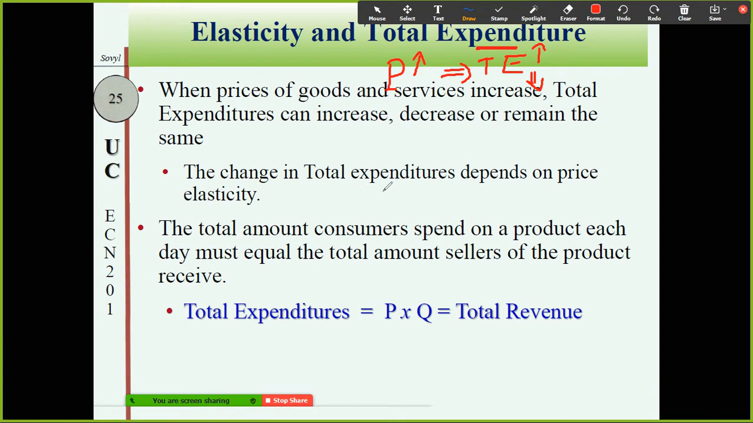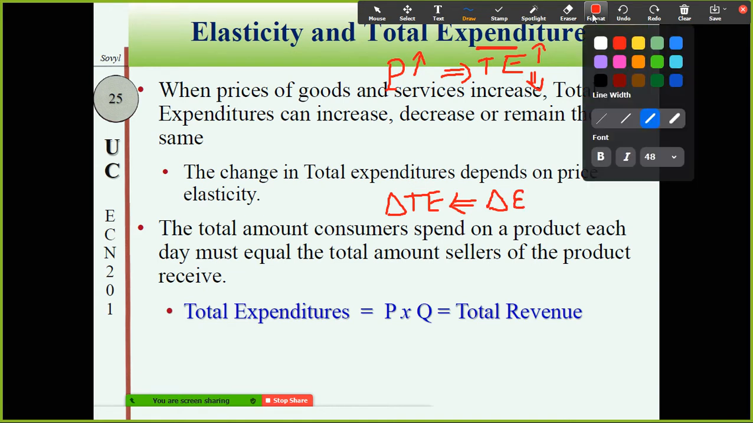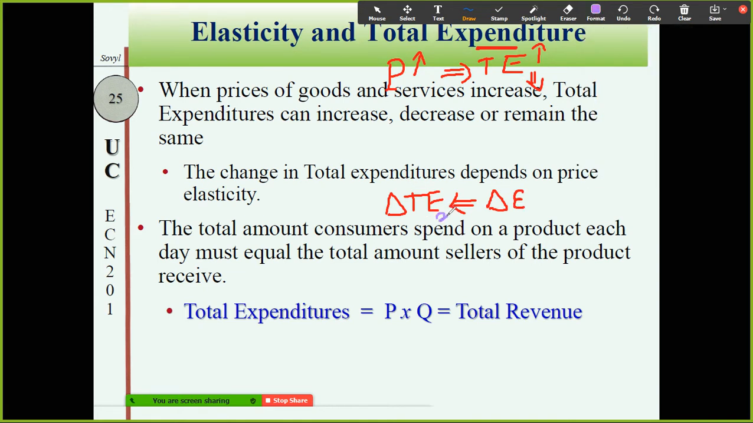The change in total expenditure depends on price elasticity of demand. Okay, the change in expenditure for good X depends on price elasticity of demand for good X. That's why the change delta TE is because of delta epsilon. Total